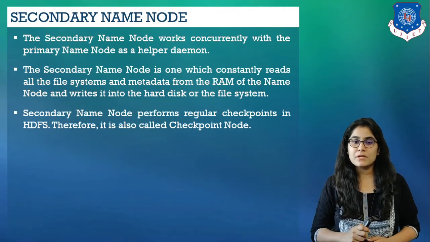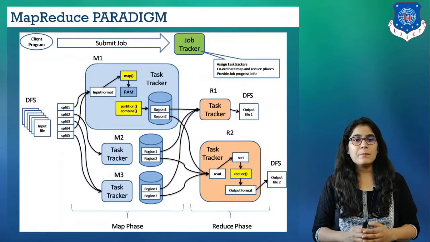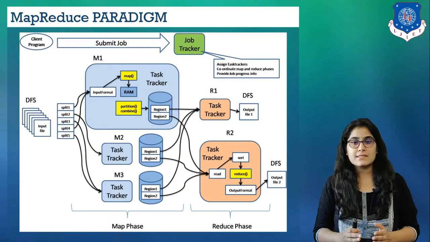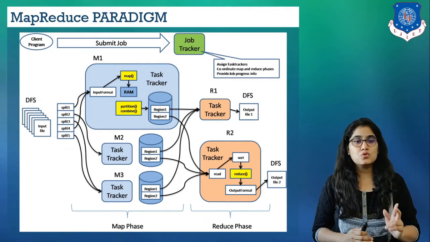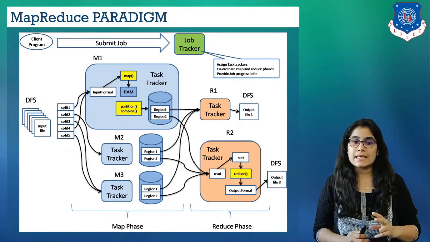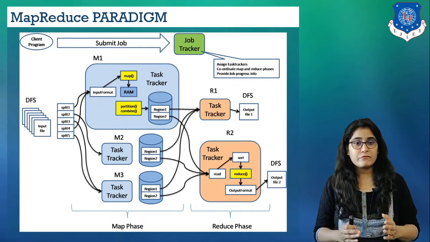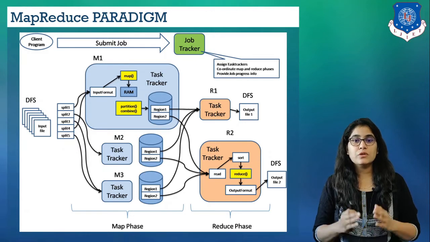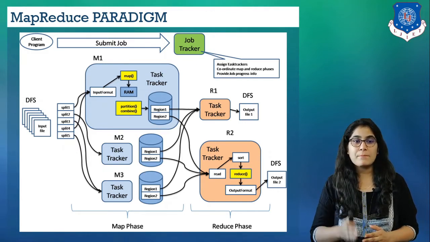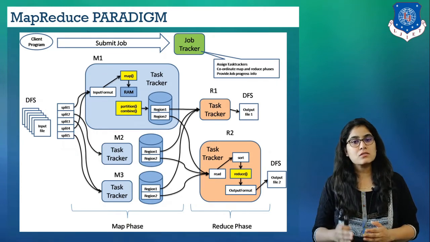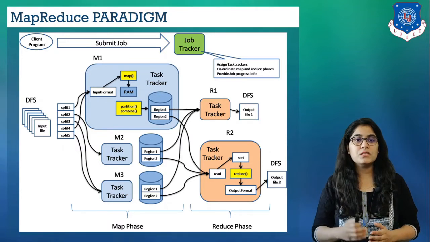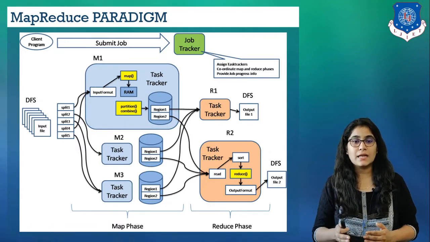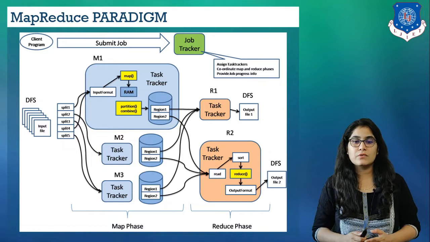Now let's discuss the MapReduce paradigm. Hadoop MapReduce is a framework for processing large data sets in parallel across a Hadoop cluster. Data analysis uses two steps. First is the map process and second is the reduce process. During the map phase, the input data is divided into input splits for analysis by map tasks running in parallel across the Hadoop cluster. By default, the MapReduce framework gets input data from the Hadoop Distributed File System. Using the MarkLogic connector for Hadoop enables the framework to get input data from a MarkLogic server instance.